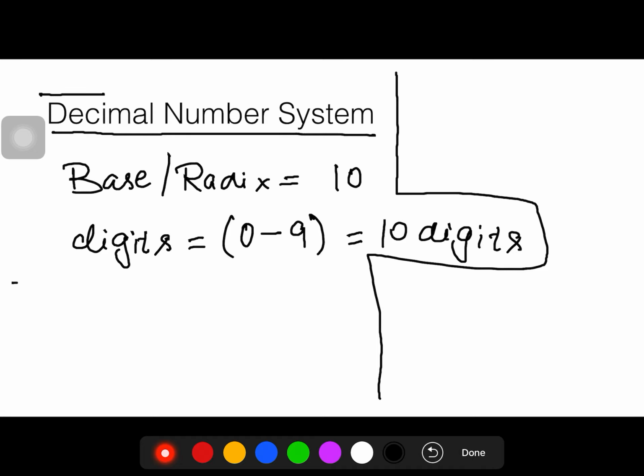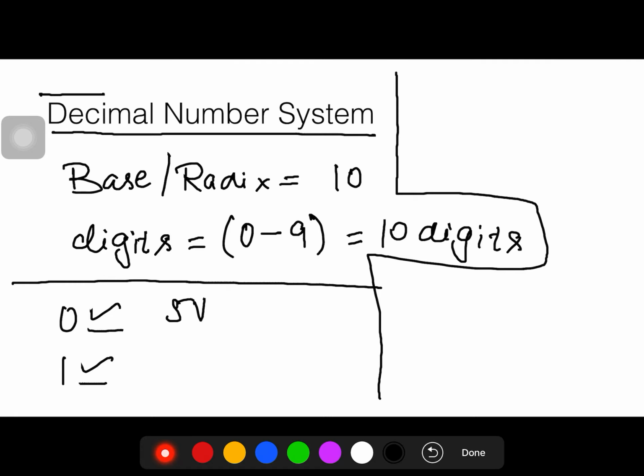We humans use decimal number system, but computers, as we know, are electronic devices, and computer understands whether a voltage signal is present or not. This is represented using 0 and 1, where 0 signifies voltage signal is below certain threshold, say 5 volt, and 1 signifies voltage signal is above certain threshold, say 5 volt.